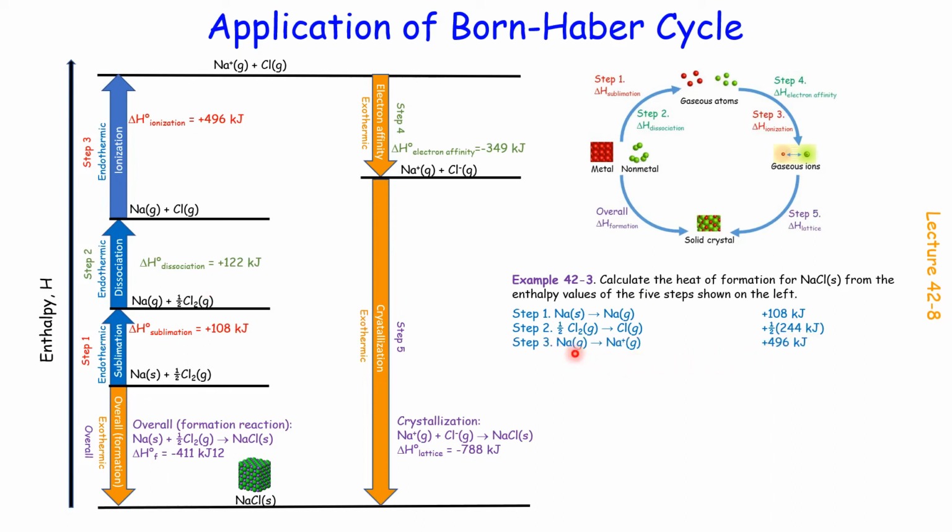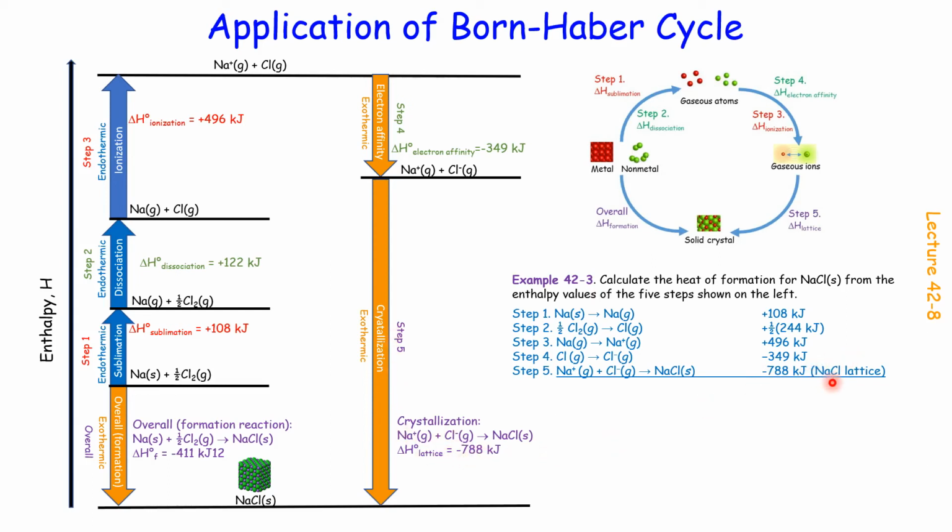Step number 3, ionization of sodium, positive 496. Step number 4, electron affinity for chlorine, negative. That's exothermic now. Negative 349. Number 5, lattice energy, and that's a negative